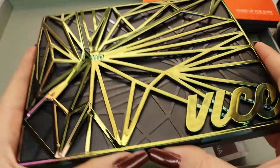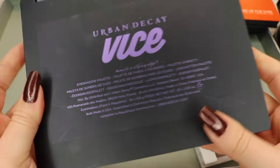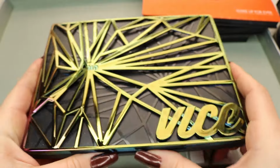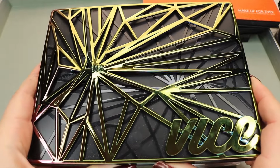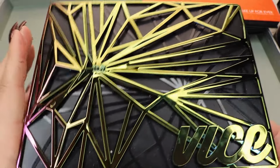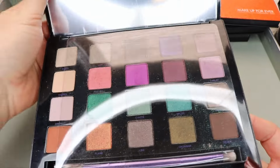And UD Vice. This is the first Vice palette that I actually picked up. I think it was the 4, and I only picked it up because it was on sale last year. Urban Decay isn't my favorite formulation of eyeshadows, but I really like the Vice